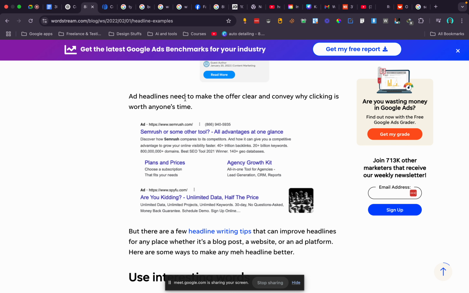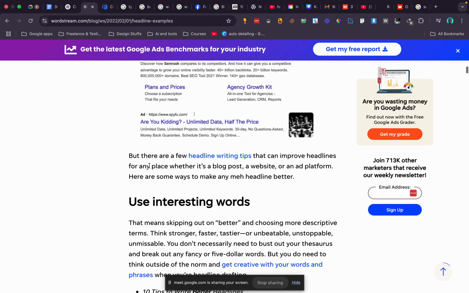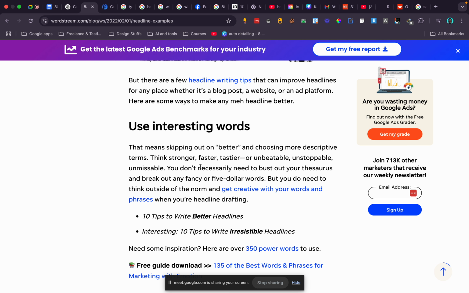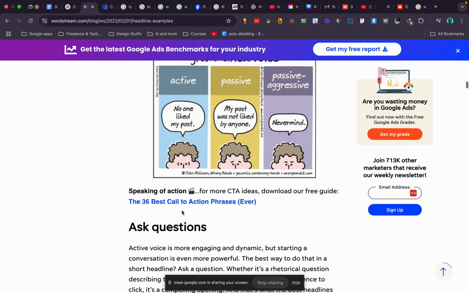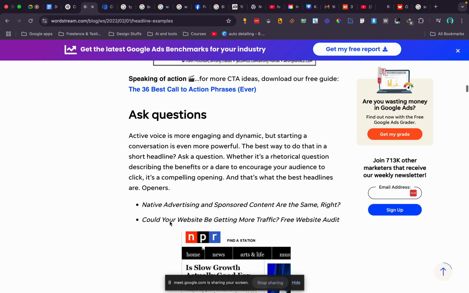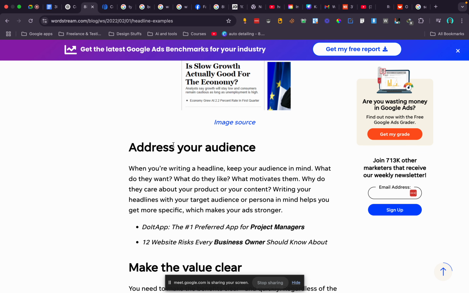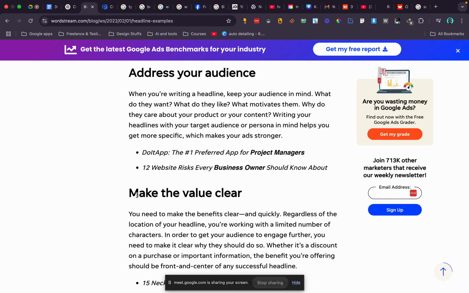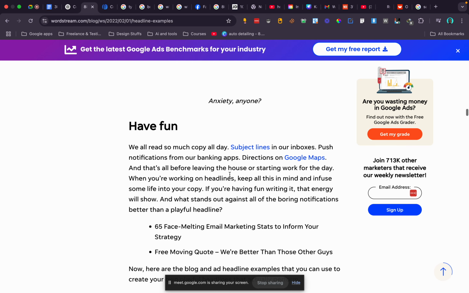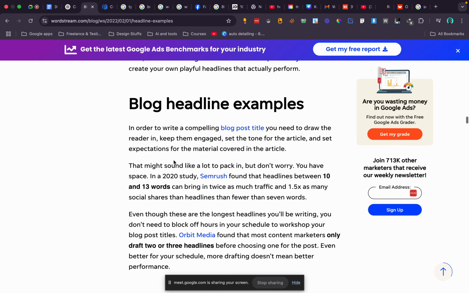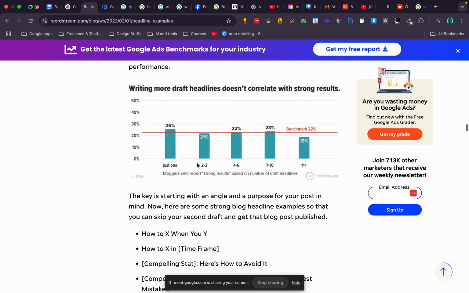You can see they say ad headlines need to make the offer clear and convey why clicking is worth anyone's time. Using interesting words, using active voice, asking questions just like you already know, talking to your audience directly, making the value clear, appealing to their emotion, having fun. So that's that about that.